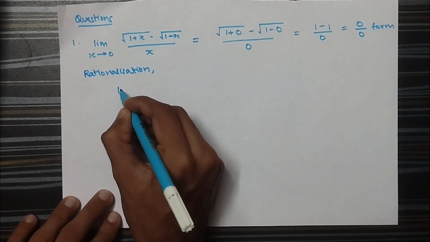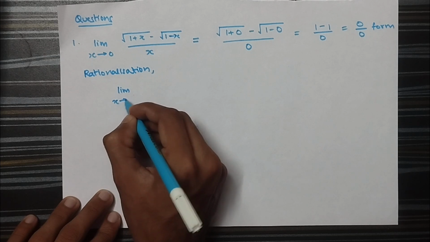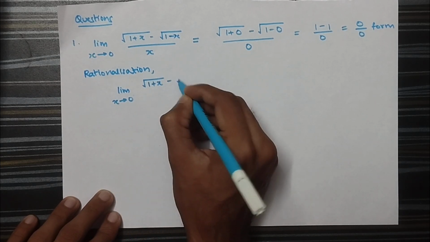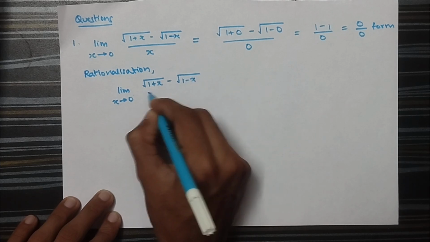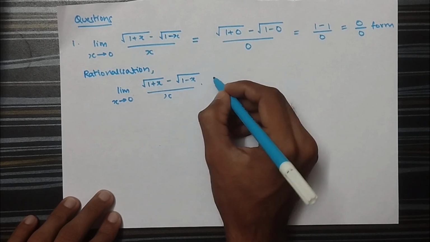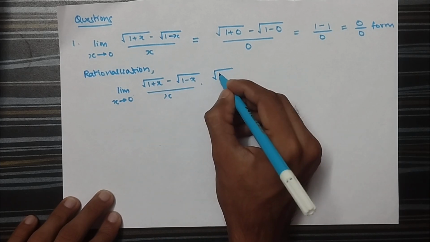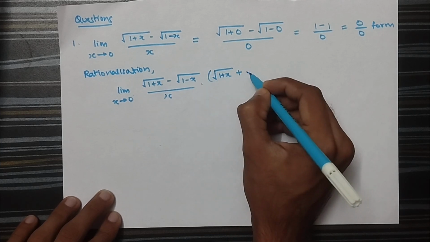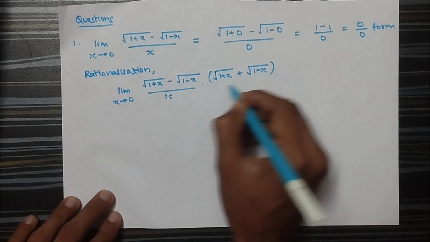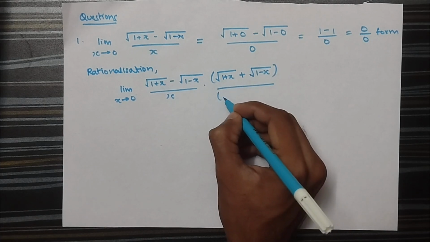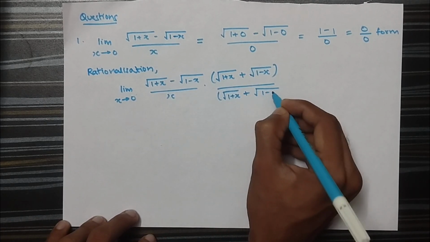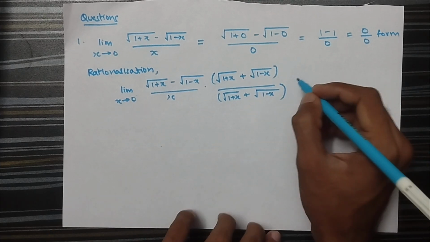So by rationalization, limit x tends to 0, root 1 plus x minus root 1 minus x, divided by x, times, we multiply the numerator by root of 1 plus x plus root of 1 minus x, and the denominator with the same thing, root of 1 plus x plus root of 1 minus x. Okay,